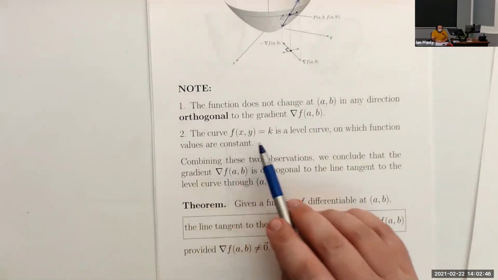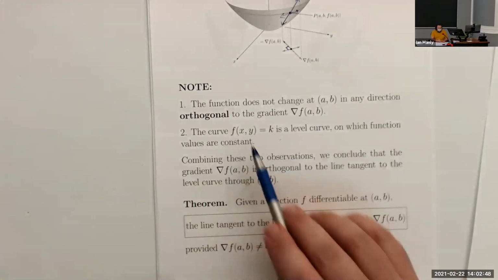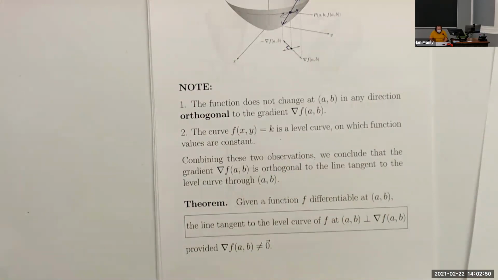Also, let's remind ourselves about this concept here. So if we have a function of x and y, and that's equal to some particular k value, where k is something that we can kind of just change at our